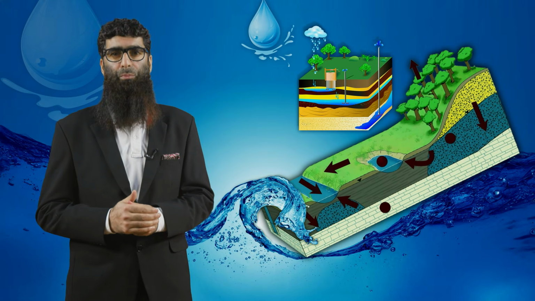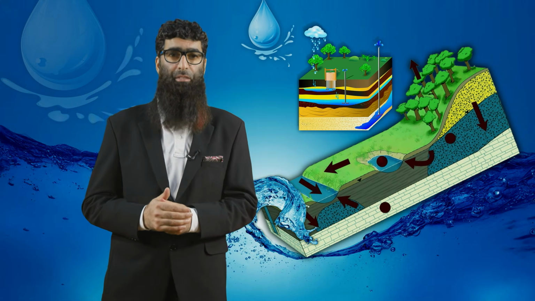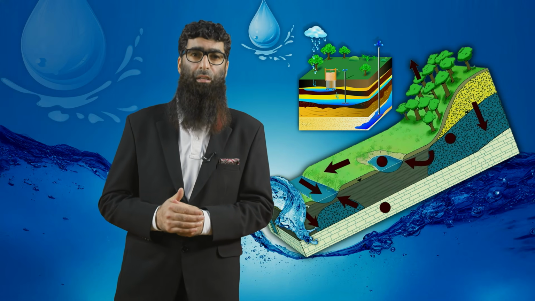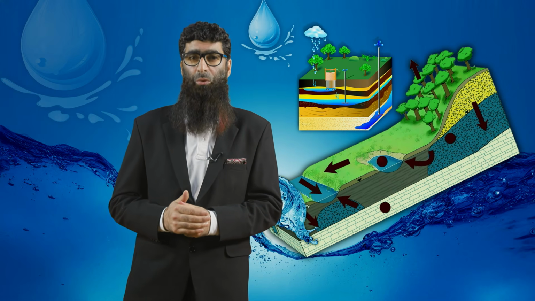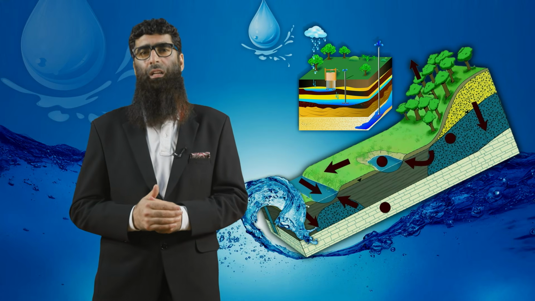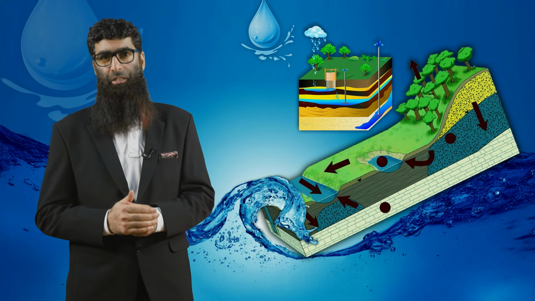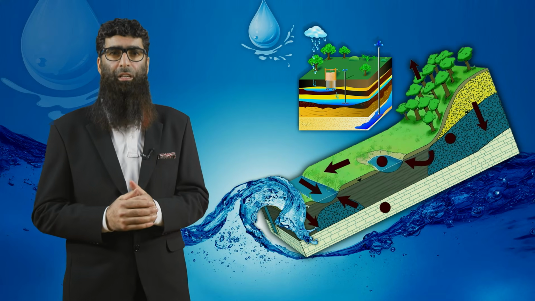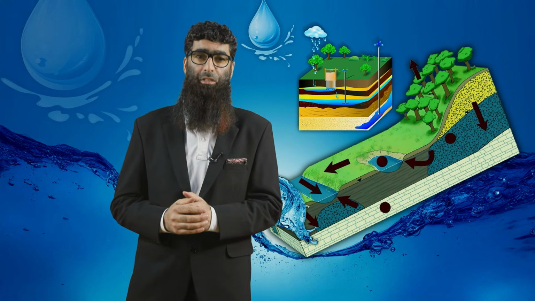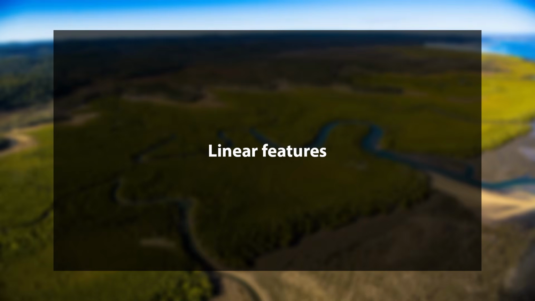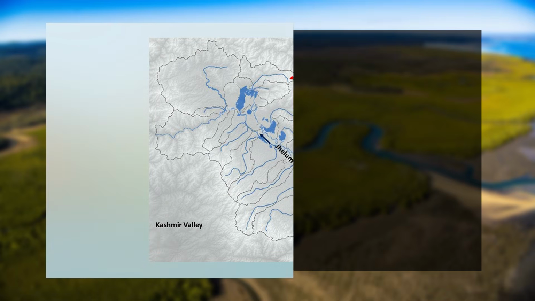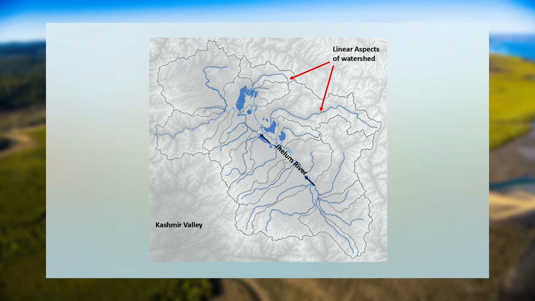Understanding these three groups of characteristics helps in analyzing runoff, infiltration, erosion, water storage, and other processes within the watershed. I will give you a brief description of various features of the watershed. Linear features. Linear features include all the branching network of channels, streams in the watershed, irrespective of their length and